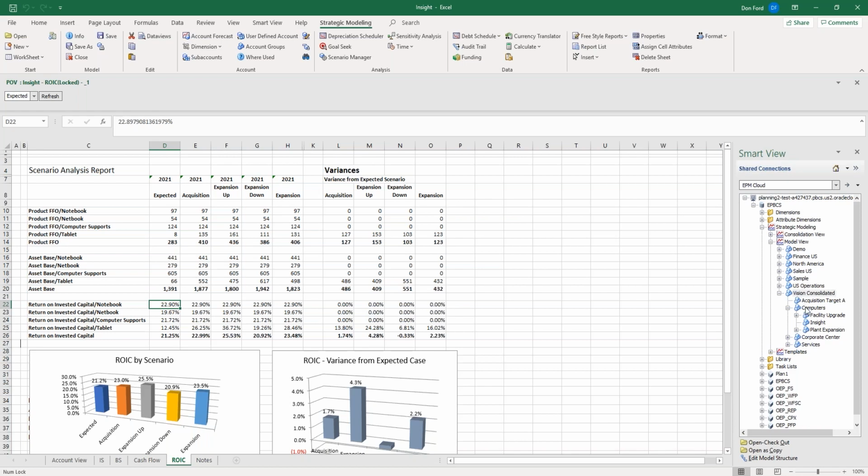If we look over here to the right, notice that Vision Consolidated has multiple areas underneath it. There's acquisition that we may be targeting. That's a part of our consolidation view. There's computers, which is basically comprised of facility upgrade, insight, plan expansion. These are all just various models. In insight business unit, I actually have various products, right? So there's notebooks and netbooks. And then there's, as you can see in this return on invested capital tab, that the return on invested capital for our notebooks is sitting at